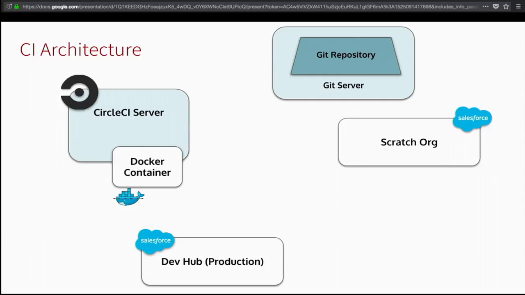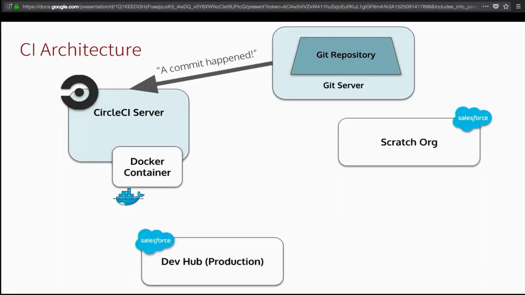And I want to diagram out the architecture here a little bit, because I think it's more useful than me gesturing at systems in the cloud. So the pieces that are going to be involved here are our CircleCI server, that's our continuous integration provider. We've got a Git repository that lives on a server. We're going to have a scratch org that lives on Salesforce's cloud, and we've got our dev hub. So here's sort of what the sequence looks like as we're performing our development.